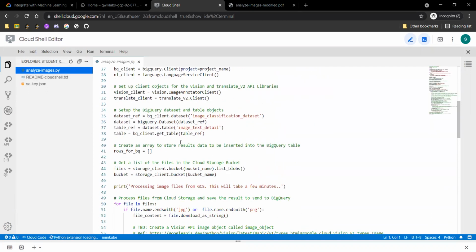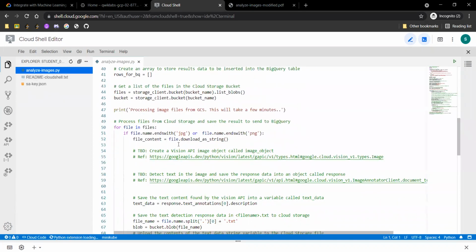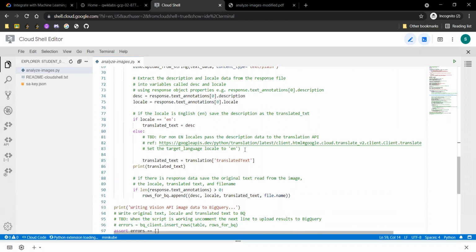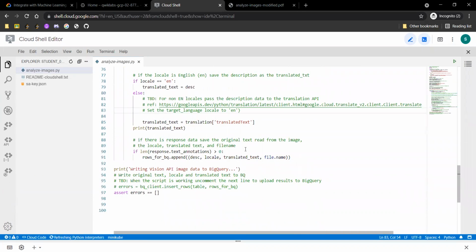So there are three locations where we need to change this script file. These are the locations. The first location is this. The second location is this, and the third location is this. Here we need to add some code lines, and after that we simply need to remove this hash icon. This will simply uncomment this line.